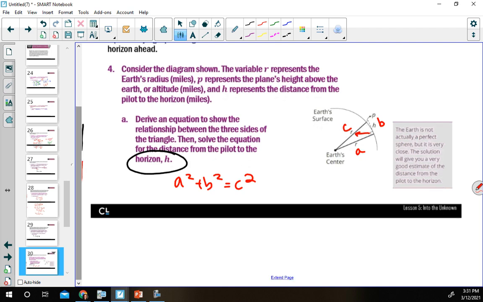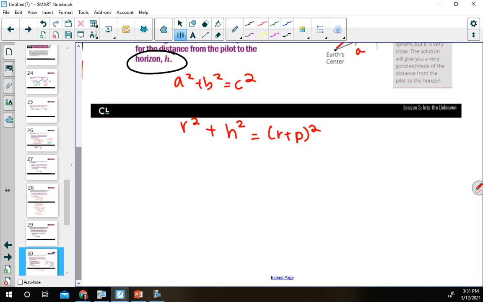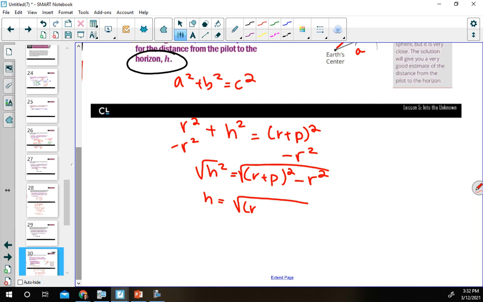Okay, so then my A in this is going to represent R squared plus my B, which is H squared. And then my C, to get the whole length, I have to do R plus P. So I'm going to do R plus P squared. Okay, so I have to solve for H. So I'm going to subtract this guy over. So H squared is equal to R plus P squared minus R squared. H is still not by itself, so I'm going to square root it. We're not going to do a plus or minus because we shouldn't have a negative length when we're talking about this. So square root of R plus P squared minus R squared,